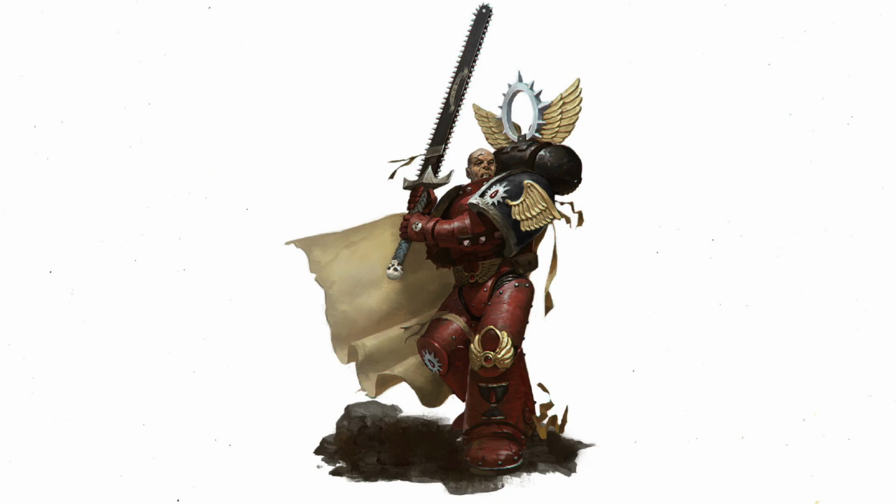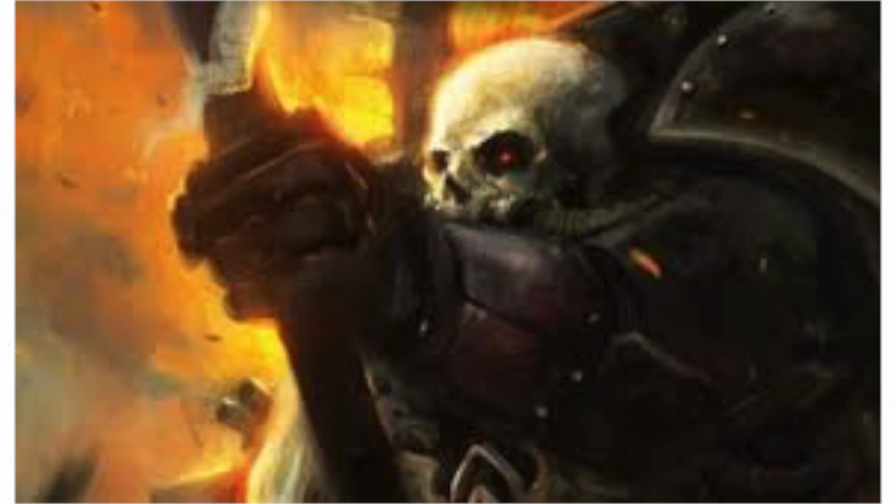The high incidence of the Black Rage in the chapter has led the Inquisition to question the purity of the Flesh Terrors on multiple occasions, and many other Space Marine chapters refuse to fight alongside the Flesh Terrors because of their reputation for uncontrolled savagery and genetic corruption, as well as the fear that their bloodlust might be infectious. Since the terrible Cauldron Massacre of the late 36th millennium, the chapter has essentially remained under the watchful eye of